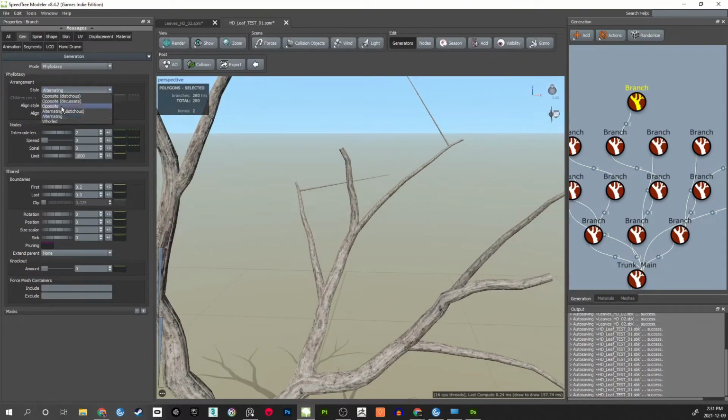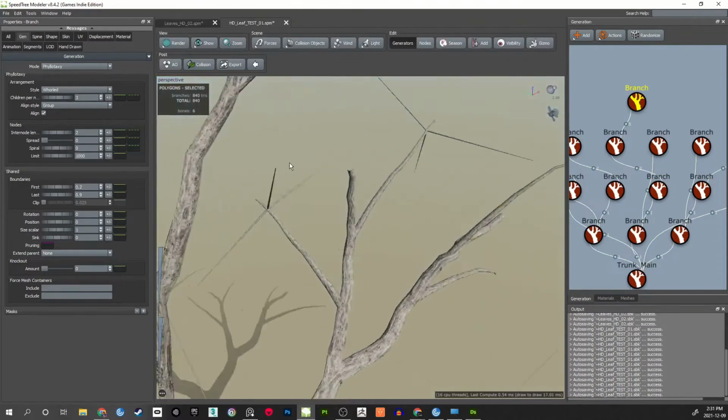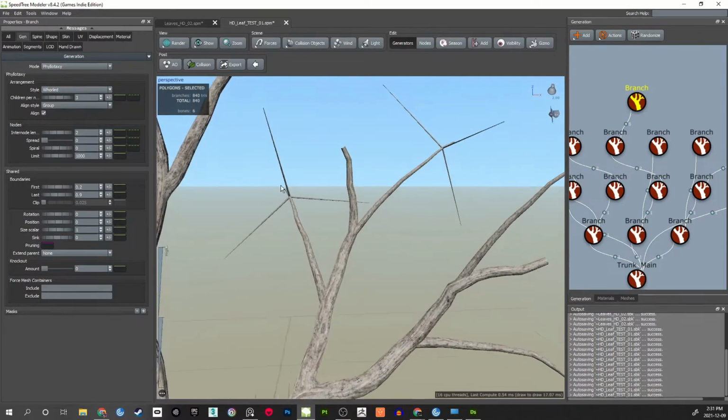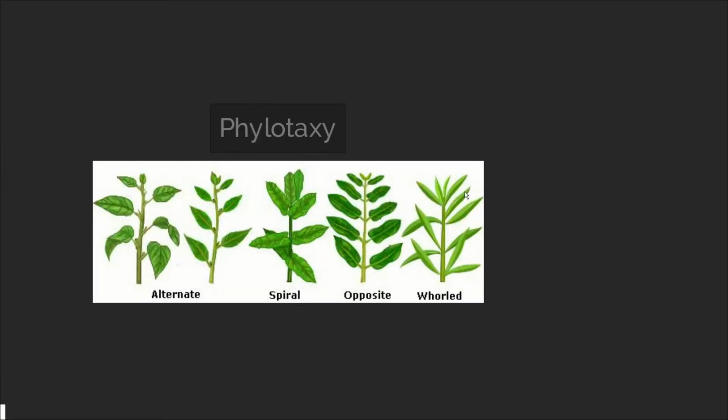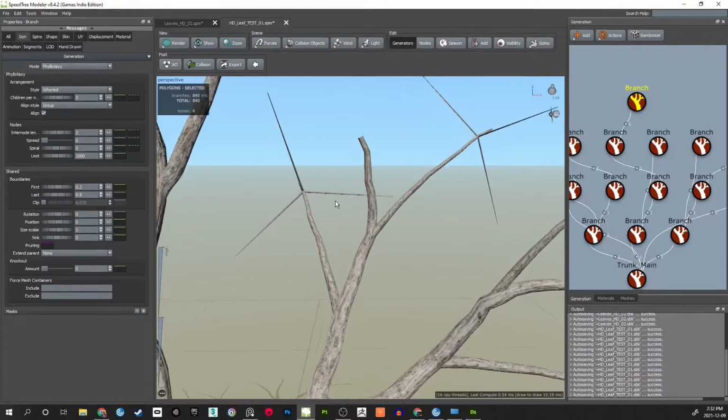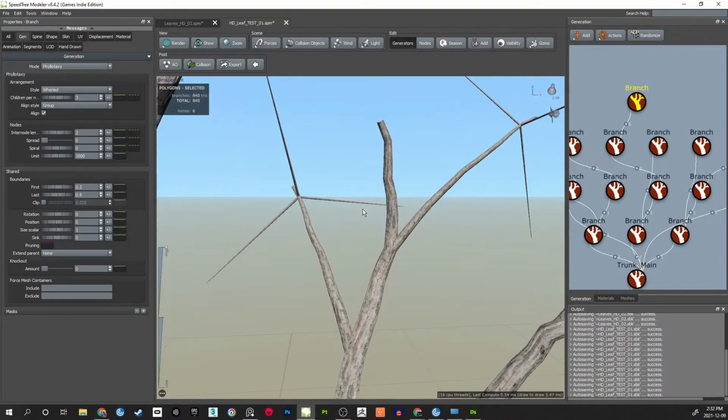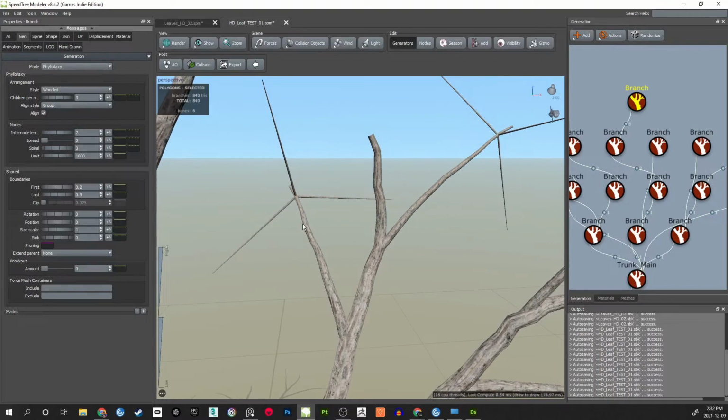Another one. So this is a whorl. Whorl is somewhat like the last one, like circles around. So you have to play around with it to get the kind of arrangement you want. So I'll select alternating,